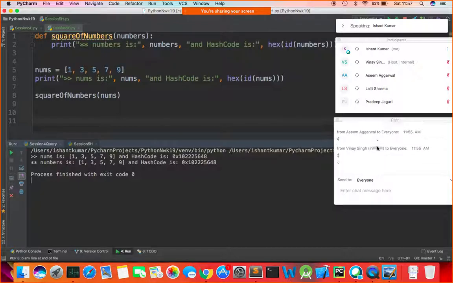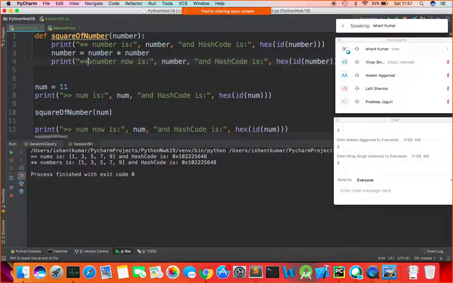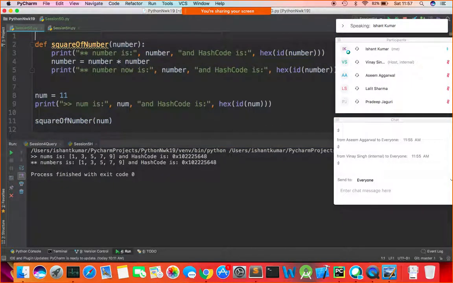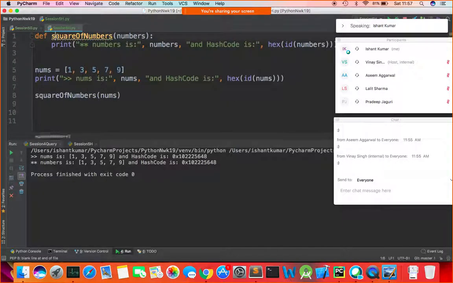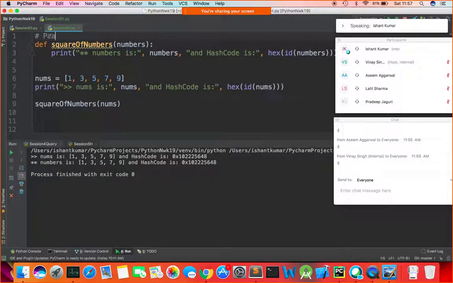So what is happening here for us? This time you are not passing a single value container, you are passing a multi-value container. There's a difference now. In the previous case, what we were doing was passing a single value, but here what you are doing is you are passing multi-value,